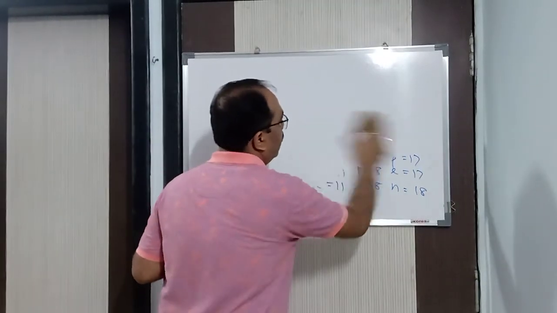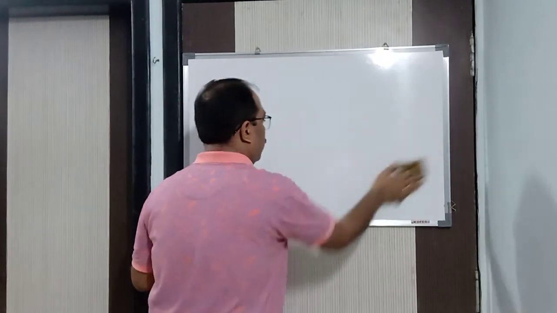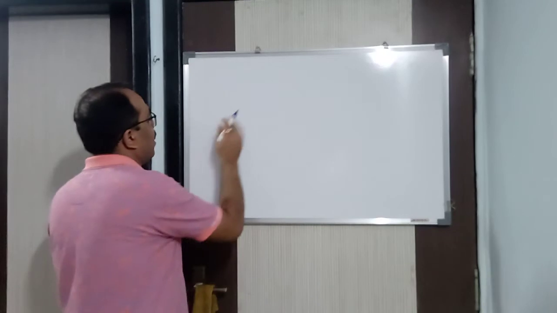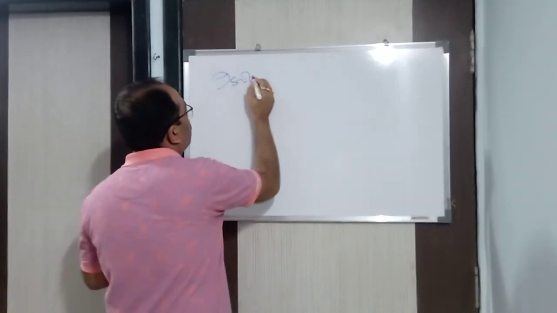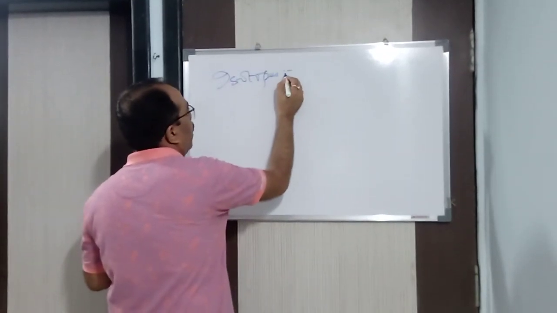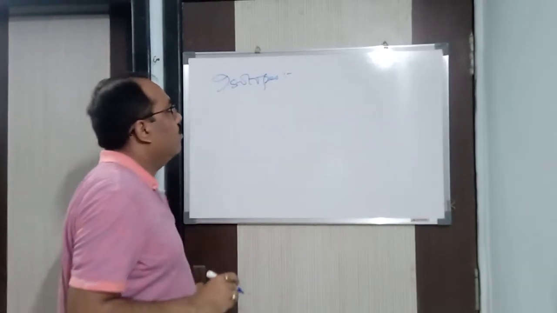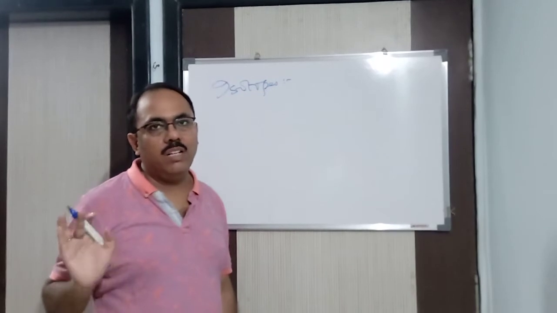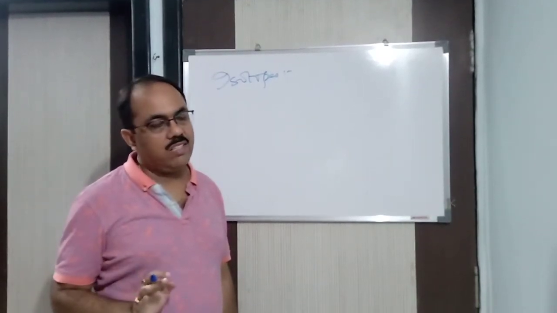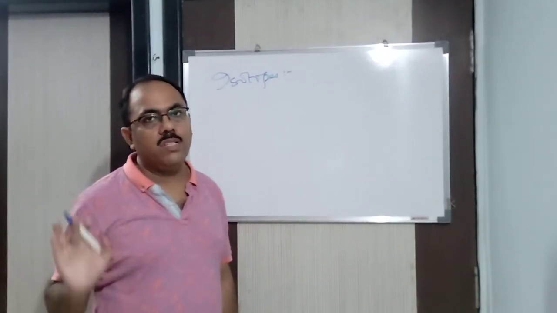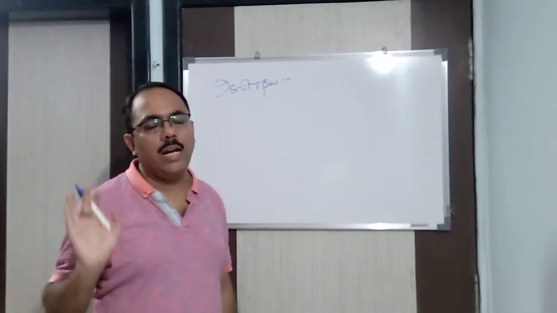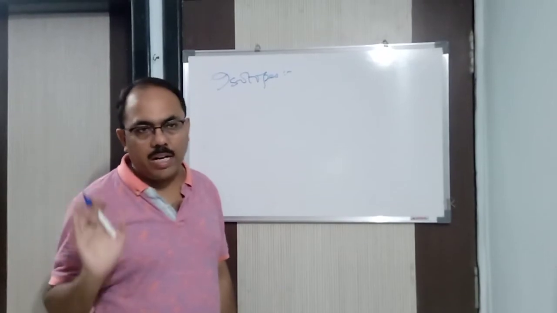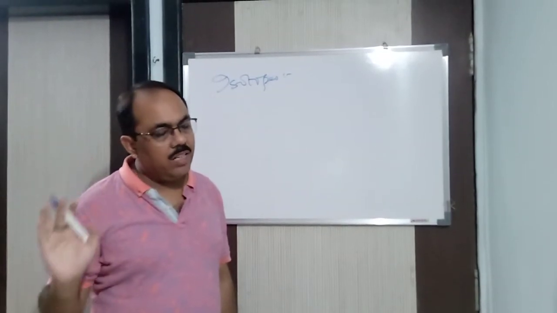How it is being measured and what are the things, I said you everything about it. Now, next, we will come to isotopes. What is isotopes? Isotopes are the atoms of the same element. You can write it down. Isotopes are the atoms of the same element having same atomic number but different mass number. They have got the same atomic number but different mass number.